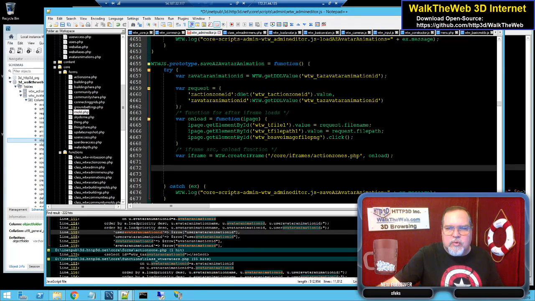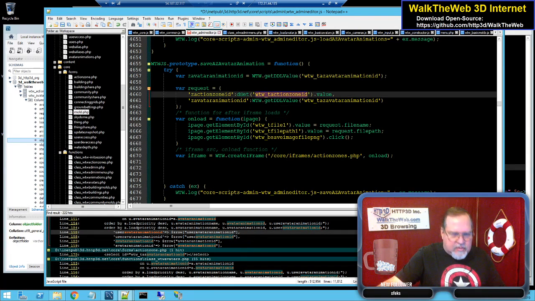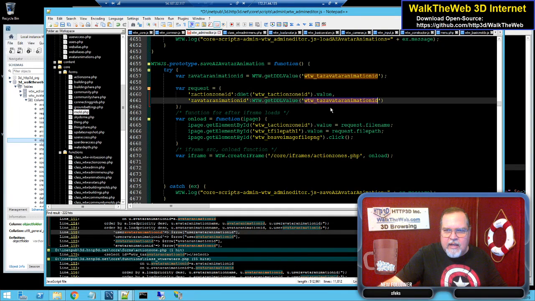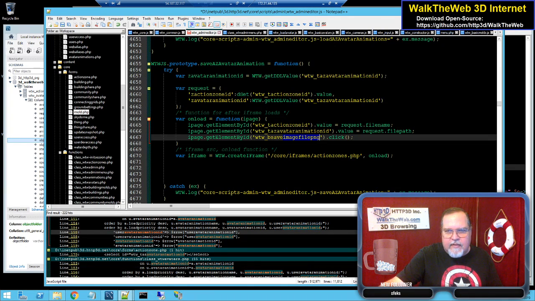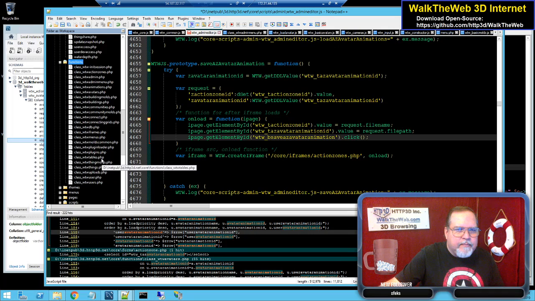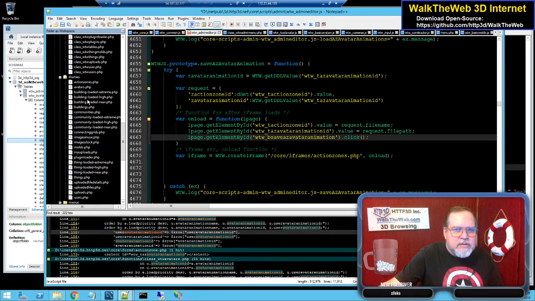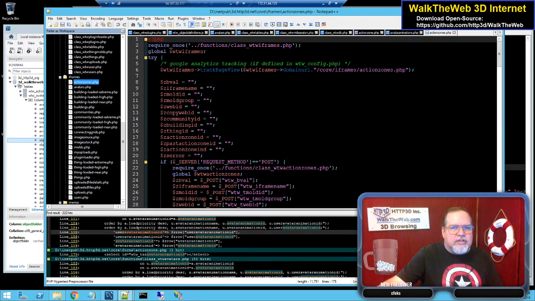let's go to our action zone ID. It's going to be action zone ID. I'm going to do this same value just for some consistency, and we're going to say save AZ avatar animation as the name of the button. So if I go to iframes and we get our action zones,